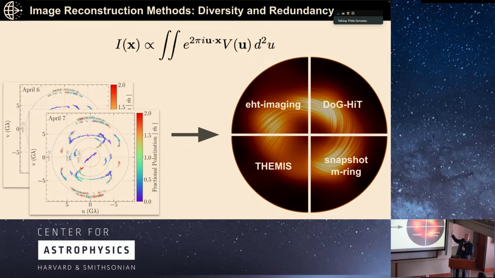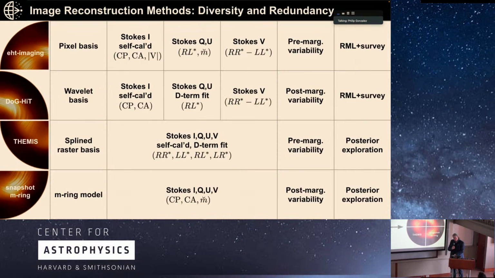And you might worry that your ultimate image is dependent upon exactly the kinds of assumptions you made. And that's why we didn't use 1 or 2, but 4 different methods to try to reconstruct the image. And the one thing I want to drive home is the diversity amongst them. Okay, so here's a table, which I'm just going to walk through schematically with you, of the 4 different methods